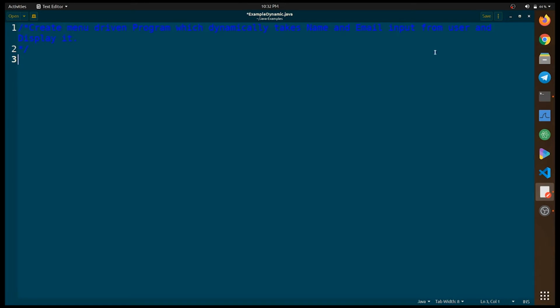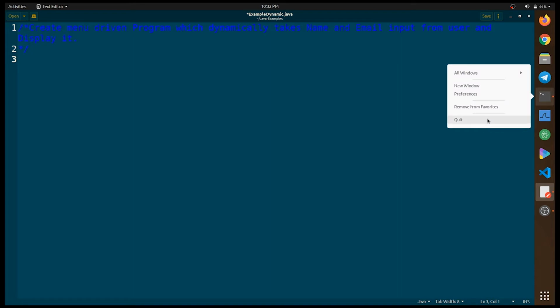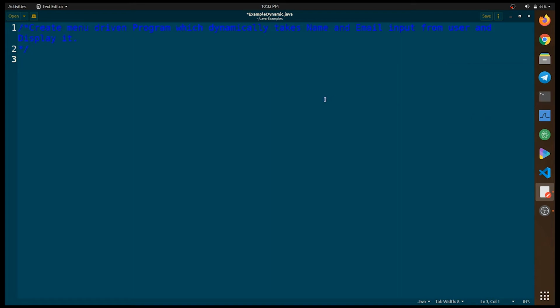Okay, so here I am at my text editor. Let's take a look at our definition. Create a menu driven program which dynamically takes email and name from user and displays it. Let's discuss our approach first. Let's note down our points. First we need to take input from the user, and after that we are going to store that input in some array,